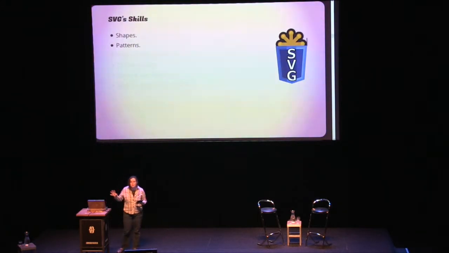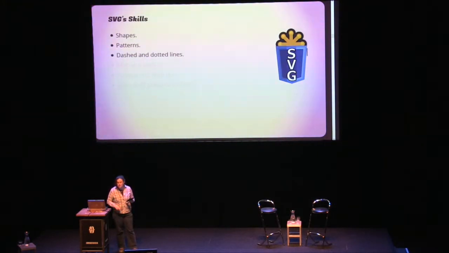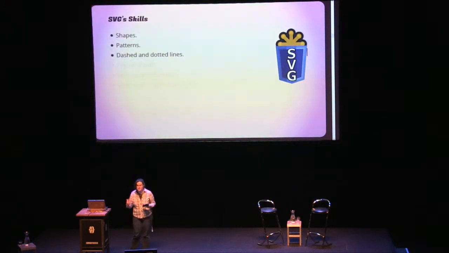SVG's also got patterns. Simple markup, or complex patterns if you want complex markup, but you're not hacking around with overlaid gradients, you don't have separate image files, it's just a pattern that you define and then use as a fill pattern. SVG is also really great with dashed and dotted lines. If you've ever dealt with dashed and dotted borders and wondered why the heck is this so darn ugly in certain browsers, or just different in one browser to the next, you will love to meet SVG's dashed and dotted strokes,